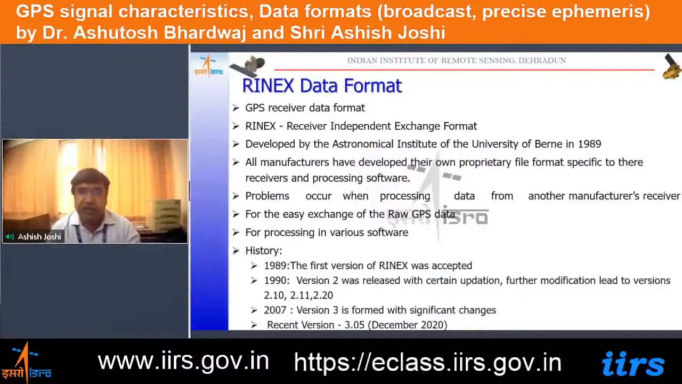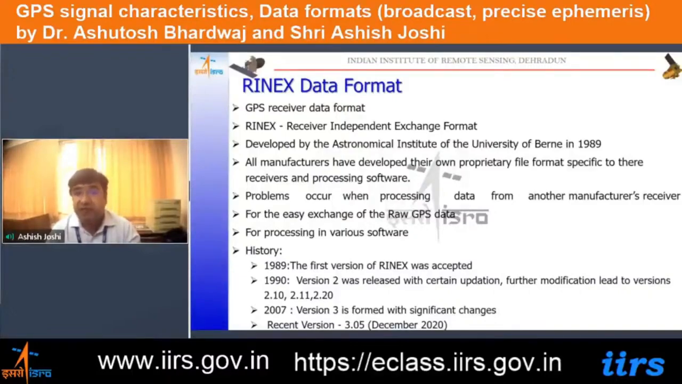So, what is the RINEX data format? Actually, it is a GPS receiver data format. The full form of RINEX is the Receiver Independent Exchange Format. It was developed by the Astronomical Institute of the University of Berne in 1989. Earlier, all manufacturers developed their own proprietary file formats specific to their receivers and processing software. So there was a problem